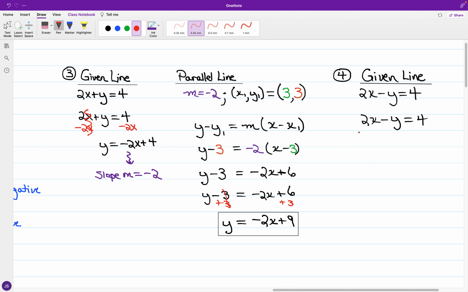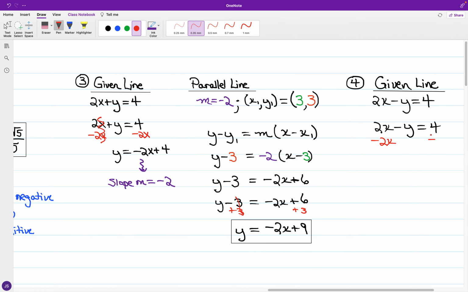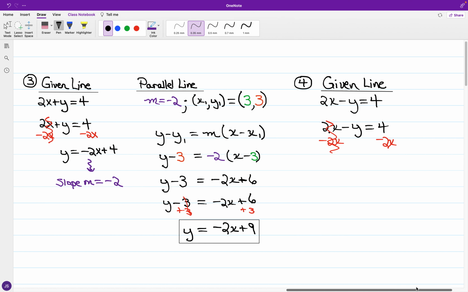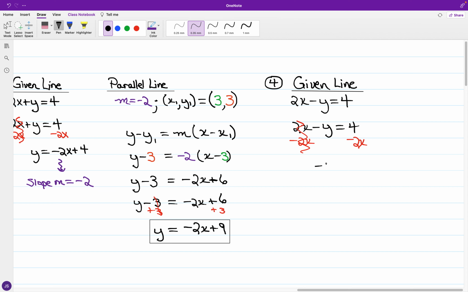So if I isolate the y term, which I have right now as negative y, upon taking 2x away from both sides, I have negative y is equal to negative 2x plus 4. And if I multiply everything by negative 1, multiplying both sides of the equation by negative 1,